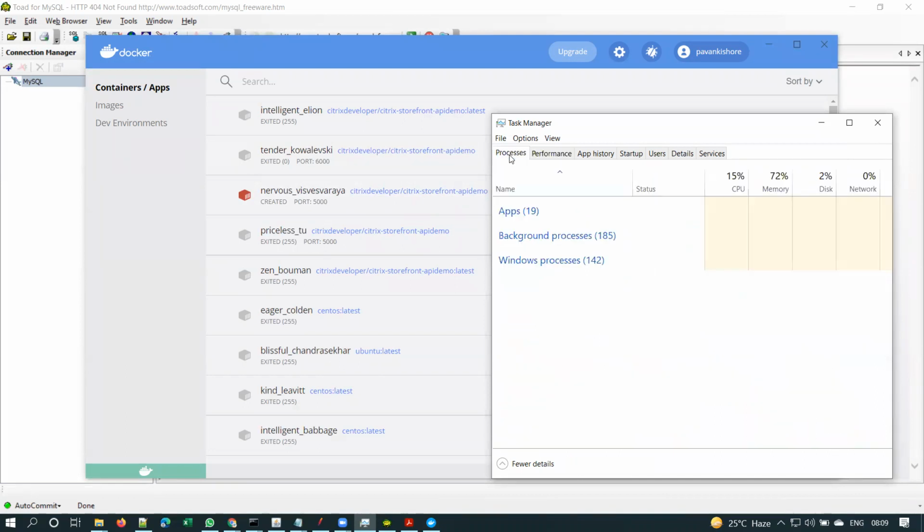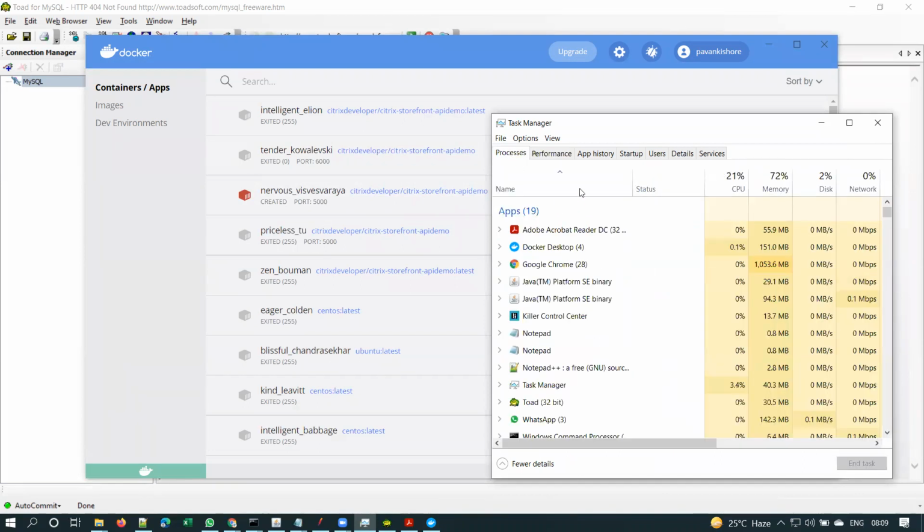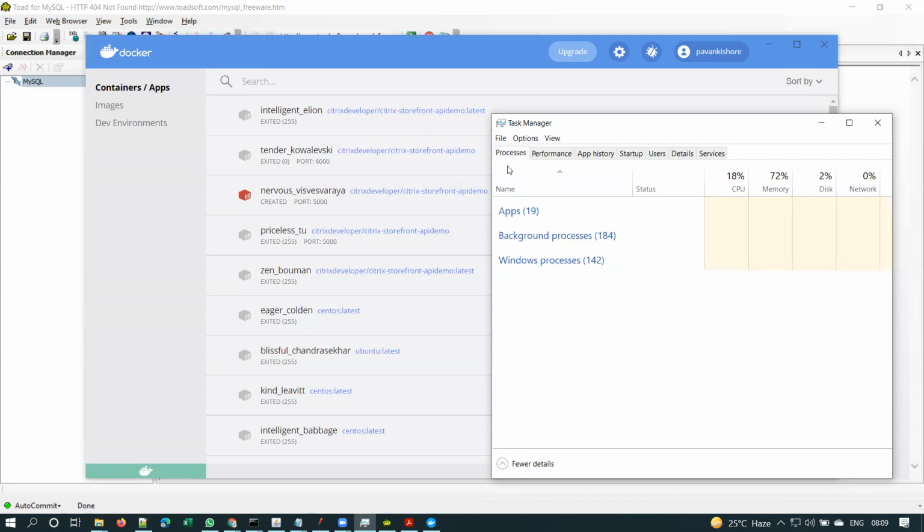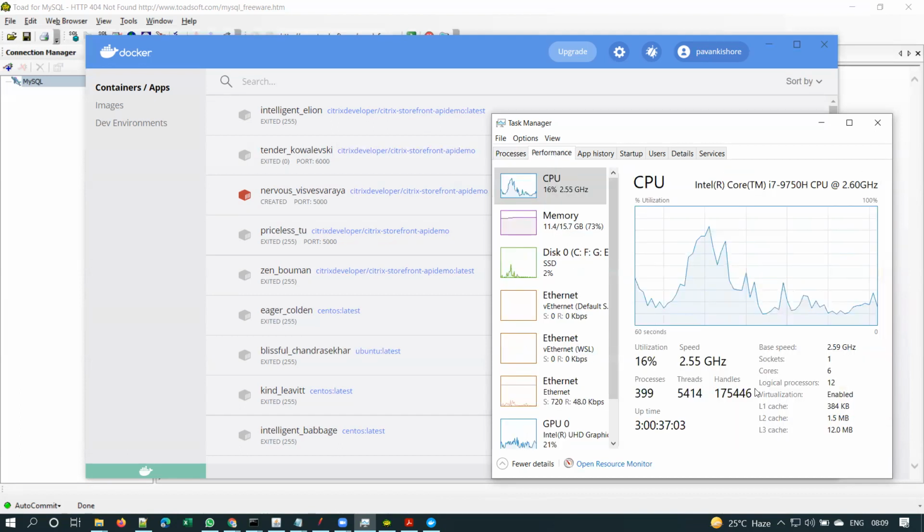Yes. Now, how many apps do I have? Now I have 19 applications running. However, I have only 12 logical processors. These processors can serve only one process at a time, one application at a time. So the additional 7 applications will be waiting in the queue for the processor cycle, for the CPU cycle, right?